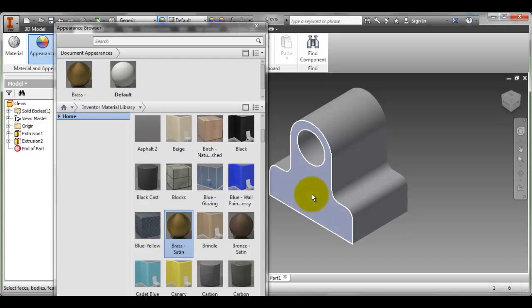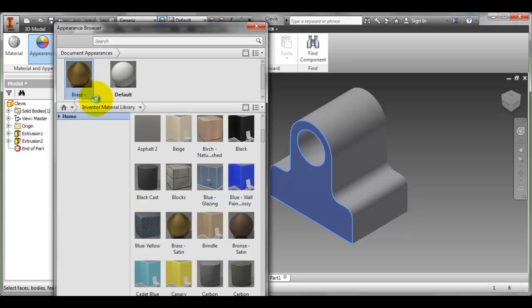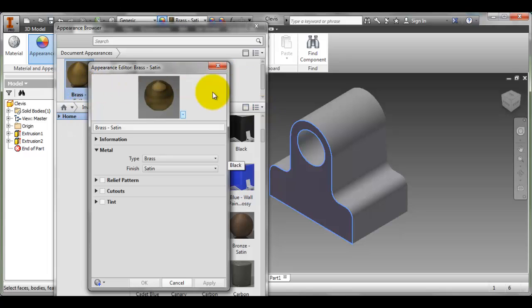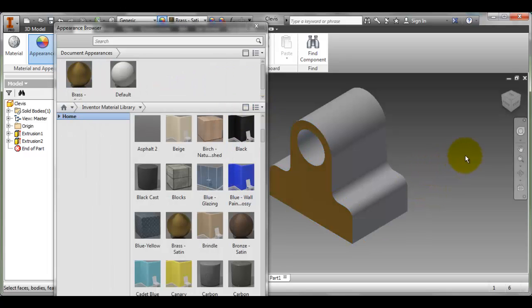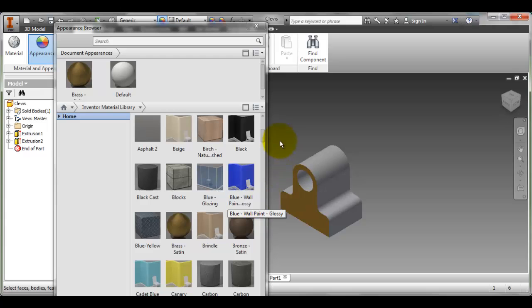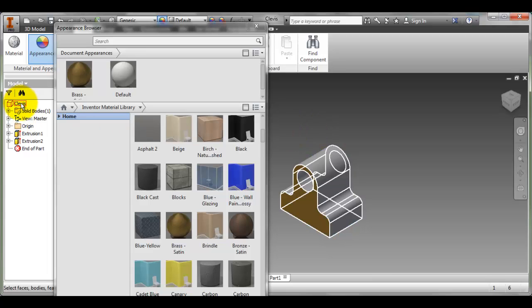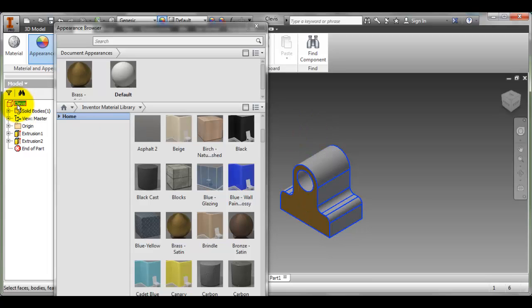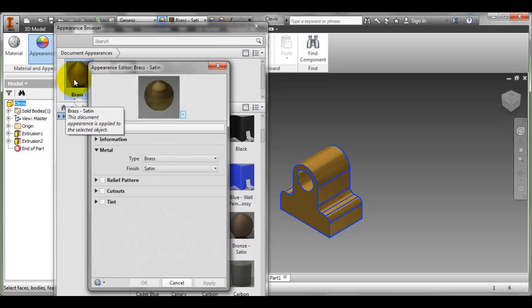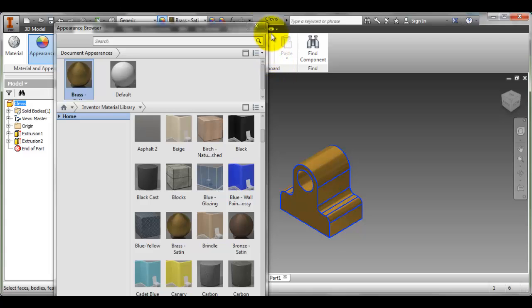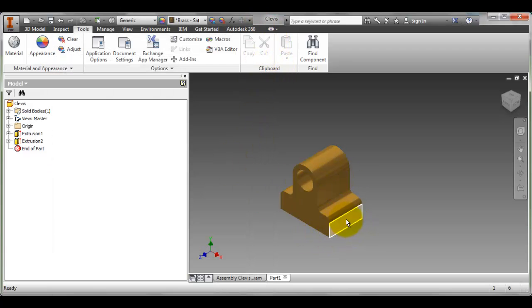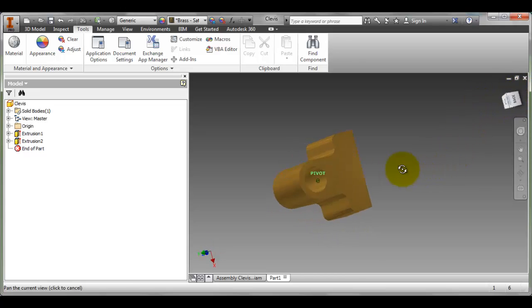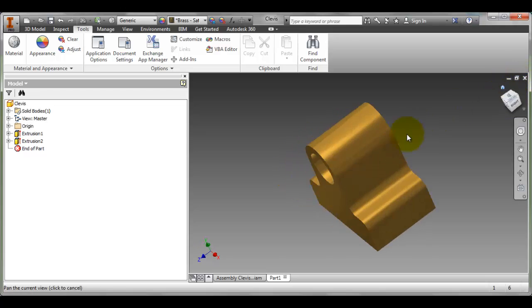Now what I could do is I could select a particular face and add. So I clicked on the face and then I double clicked on the material, and notice that now that face has that material to it. But I want the whole thing to have that material. So I could either select everything and go and select that there, or even easier is just to go over into the tree, click on the part right up at the top. That selects the whole thing, and select on the brass, close it, and now I can close this, and now I've got my part completely made. I've got the hole, I've got materials to it. I can spin it around and look at it, make sure that it looks correct,